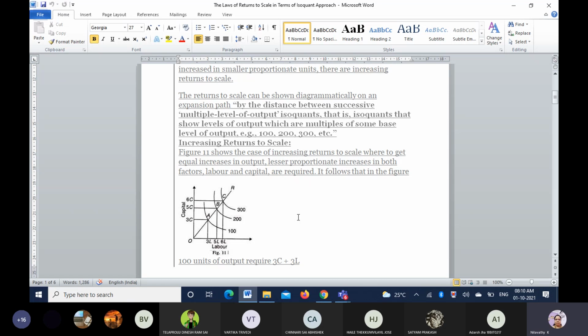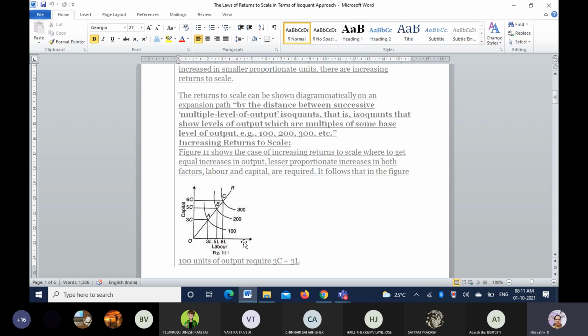In the law of returns to scale, we were explaining that if 3 units of capital and 3 units of labor are used, what will be the first level? After that, the second level, whether we are getting increasing returns, we were calculating the marginal returns, and if the marginal returns are in an increasing order, we were calling that increasing returns to scale. But the same thing, reversed, they are explaining here.